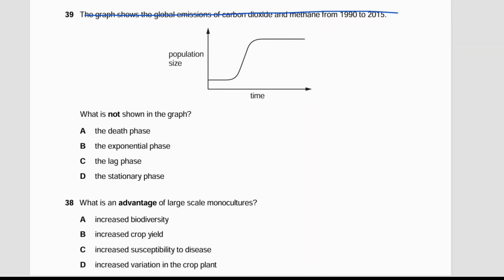Okay. The statement for the 37th one is, the graph shows a part of a growth curve. What is not shown in the graph? Let's say the first phase is known as the lag phase. This one where there is a high increase, exponential or log phase. This one is the stationary phase. So which phase is missing? The death phase. Only this phase is missing. All the others are written. It would be decrease. This one.